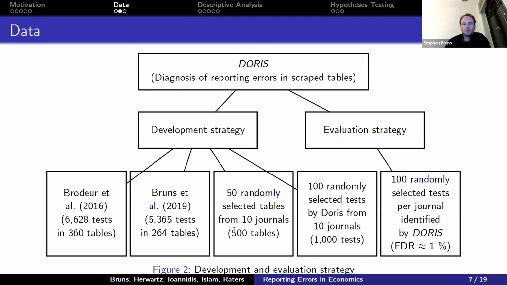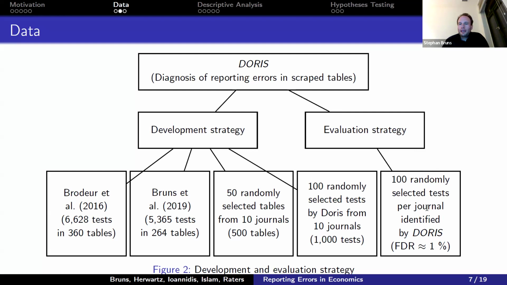gives us for each table reliably what the coefficient is, what the standard error is, what the p-value is, what the t-value is, and what the degrees of freedom. We then applied DORIS to the top 10 field journals in economics, and further improved DORIS by using 100 randomly selected tests. So basically, we looked here for some infant diseases and improved DORIS by this further. And then in the end, we evaluated DORIS by applying it to all journals and then selecting 100 tests randomly